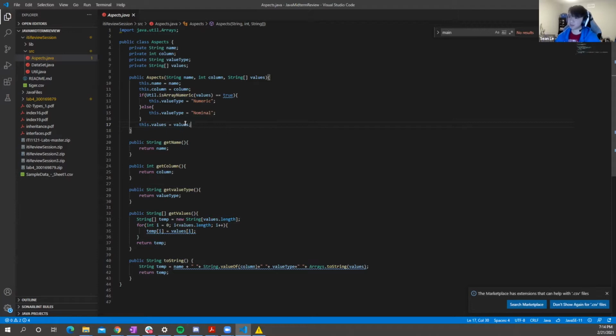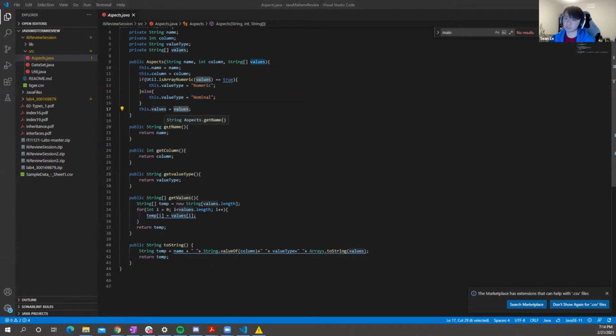If it returns true, it's a numeric type. Else, it's a nominal, which means it's not numeric. Case in point. And then I'm going to set the values array as the values I put in before within the main. And now if we go to Dataset.java,